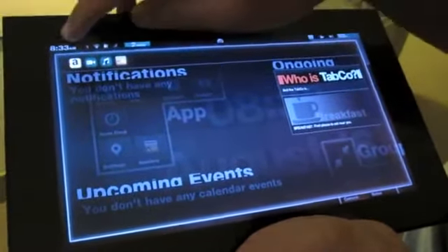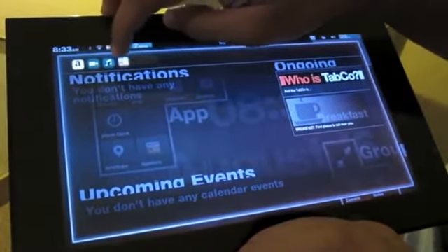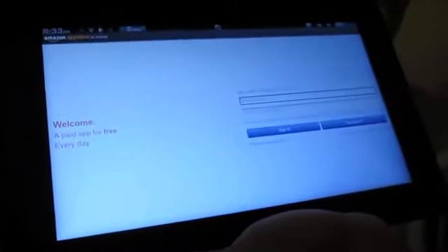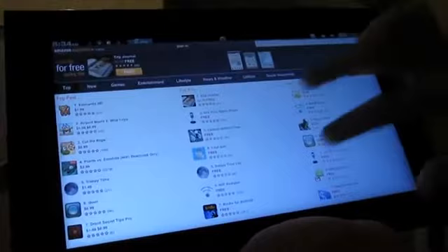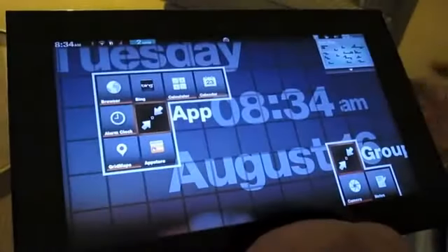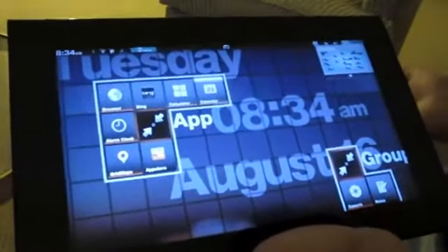Okay. If I want to switch back to, let's say, the Amazon App Store, just click on that, and that brings up the Amazon App Store. If I want to go back, just do a back gesture, that brings me back. Do that again, it brings me back. If you want to see calendar, for example,